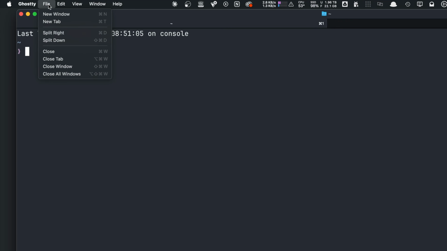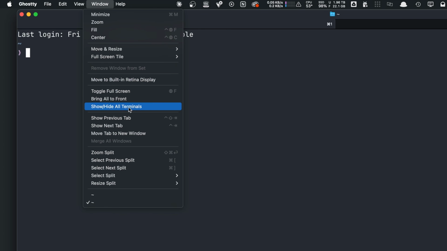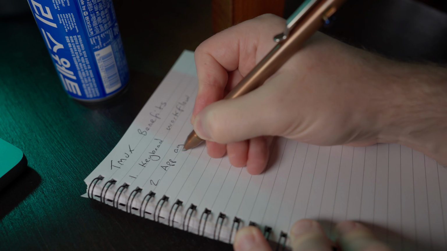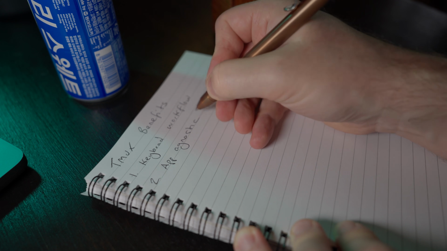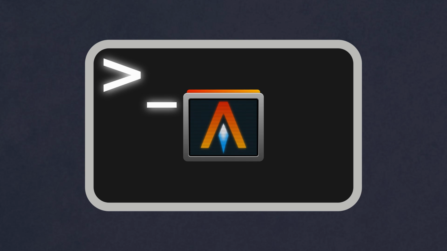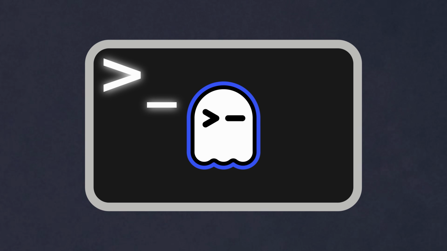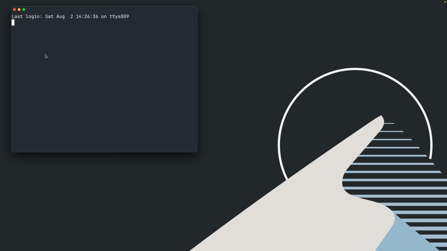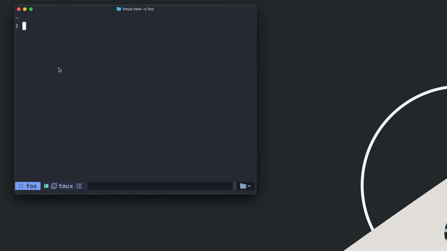Of course, some terminal emulators also allow for keyboard navigation. However, another benefit of tmux is that it happens to be app agnostic, meaning that if I ever did want to one day change my terminal emulator from Alacritty to something else, then I wouldn't have to relearn any keyboard shortcuts or bindings in order to be able to